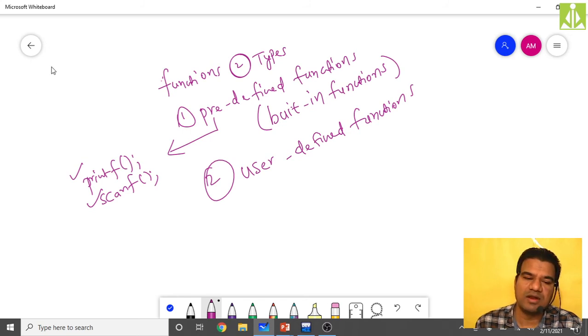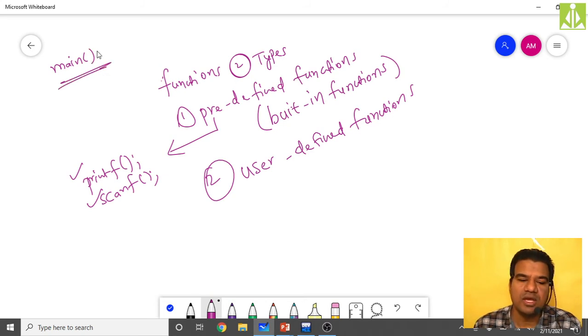Even to your main, we are writing these two. Main followed by open bracket, close bracket. Like this we are writing. So main is also a function. And we said we are not calling the main function. Keeping the semicolon at the end indicates that we are calling a function. Many times in many of our programs we don't call our main function. So for that, who is responsible? Who will call the main function? We said the operating system itself calls the main function.